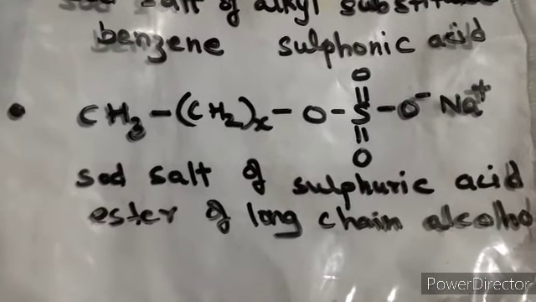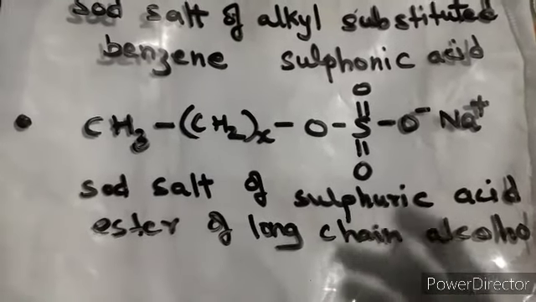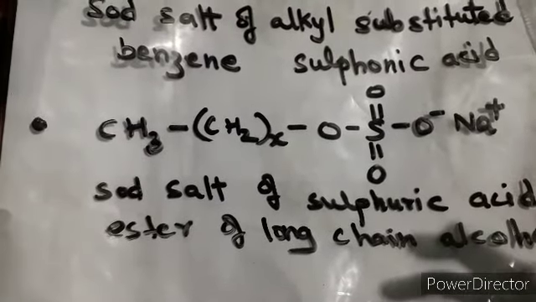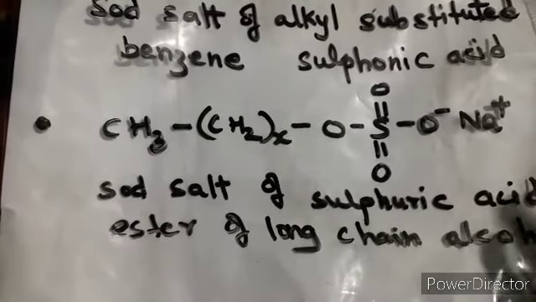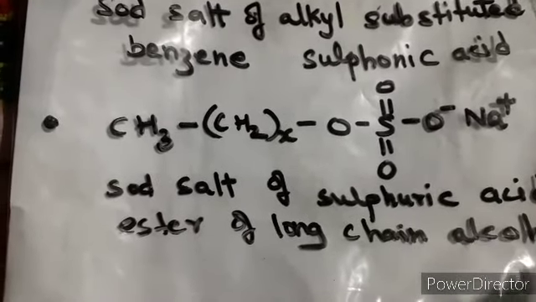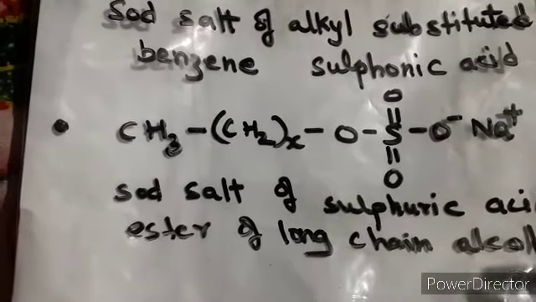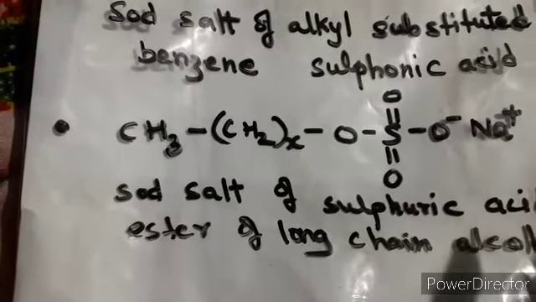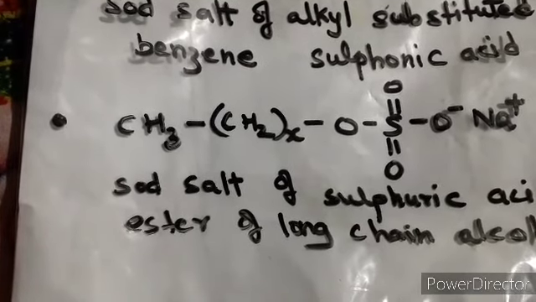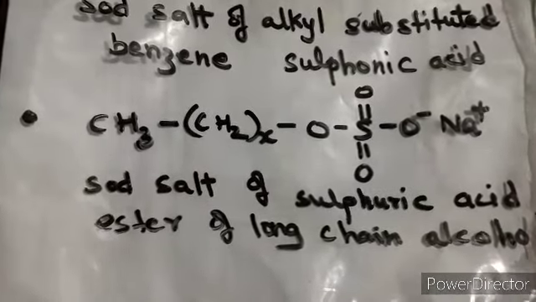Yes, we know that soaps are not good in hard water, because you have seen that if the water is hard, soaps do not lather. I have given you the concept of why this happens: in hard water, the calcium and magnesium ions form insoluble salts, thus forming a curdy precipitate and blocking the cleaning action of the soap. But in case of detergents, this does not happen. They do not react with the calcium or magnesium ions present in hard water. They have a very good effect even in hard water.